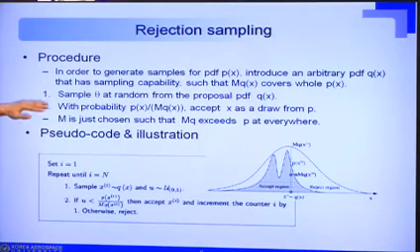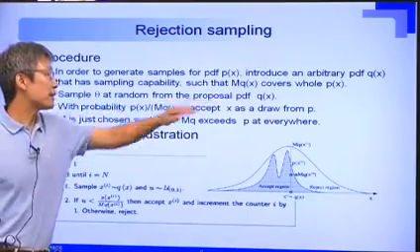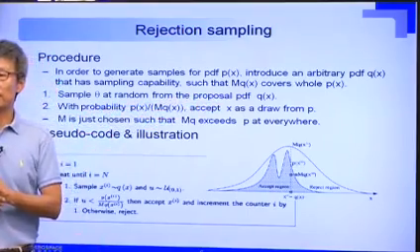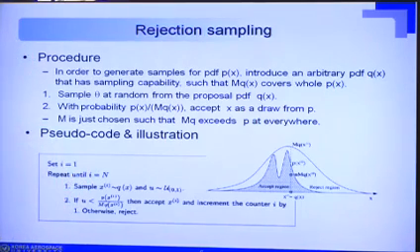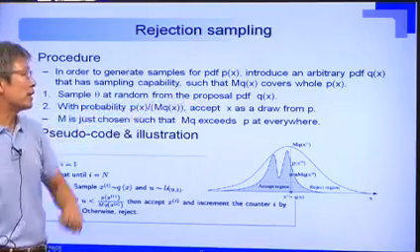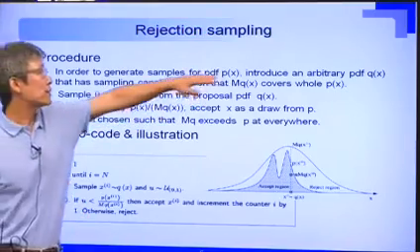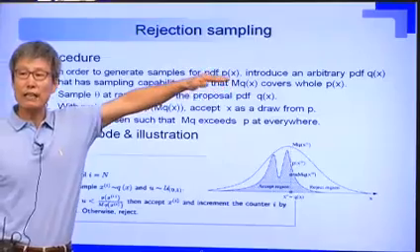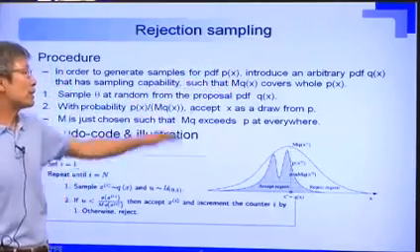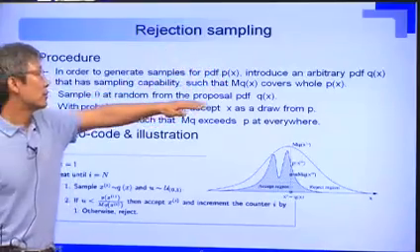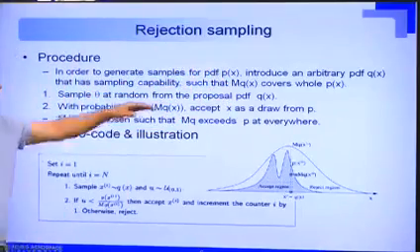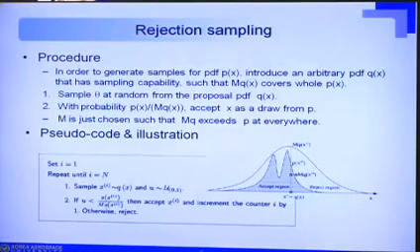The process. First, we say that as the proposal PDF, though there are some other names for this, but I will say this is a proposal, and this is a target. We have a target, but we don't have the capability to sample from this. So instead, we use the proposal PDF. From this, we can sample. So sample at random from this. And step 2 is